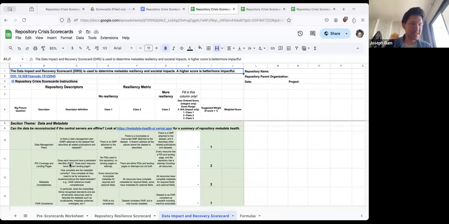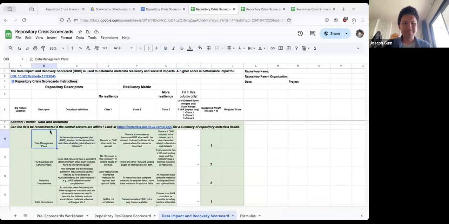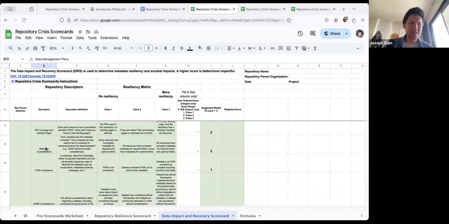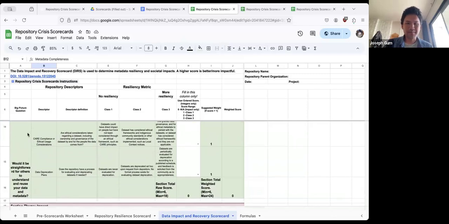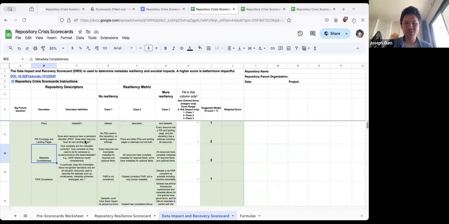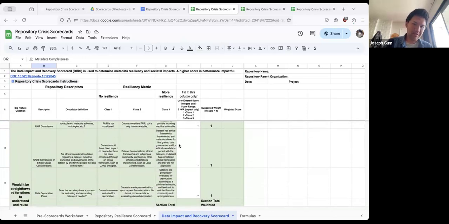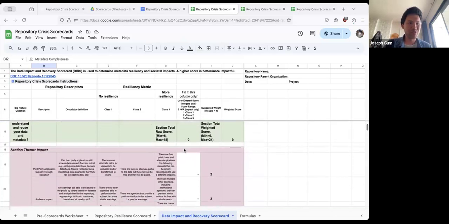invariant sort of to the crises, whether or not there's a natural disaster that's about to hit your data facility or people are about to retire. It doesn't really affect if there's a data management plan that's associated with a data set, or how complete the metadata is, or FAIR compliance. So these questions sort of got broken out into their own section, and it's there to help people figure out how much of these are you doing? Do you think you're doing well or not?